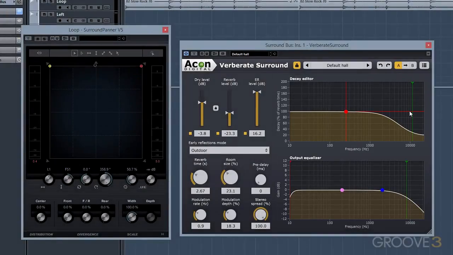The decay editor lets you adjust the amount of energy that certain frequencies will use to trigger the reverb, and this can give you endless possibilities when creating reverbs from scratch. And you'll also get an output equalizer to tailor the sound of your reverb and help it to fit better in a mix. Did I mention that you can have up to 32 seconds of reverb time without your computer